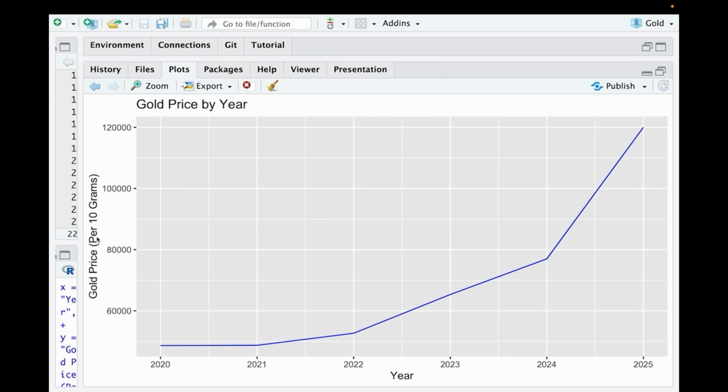You can see the gold prices per 10 gram from 2020 till 2025. In 2020 there was very little change, 48,000 some change. Then it is growing up a little, and then directly you can see in 2024 how this line is going up. The price was almost lower than 80,000, and it reached more than 1,20,000.